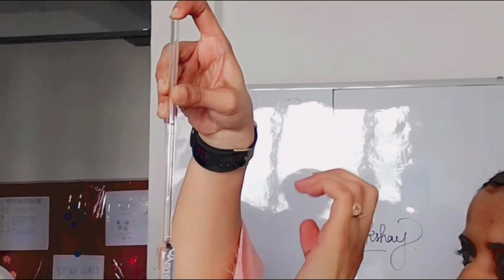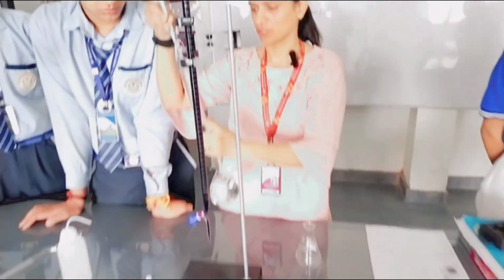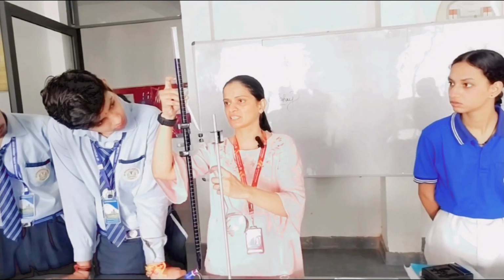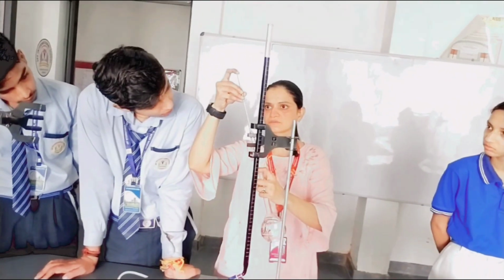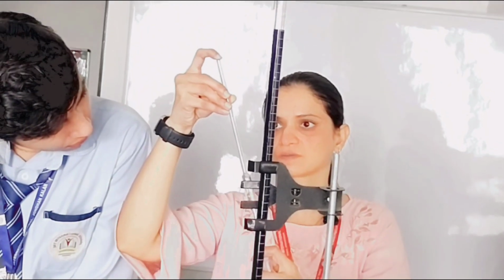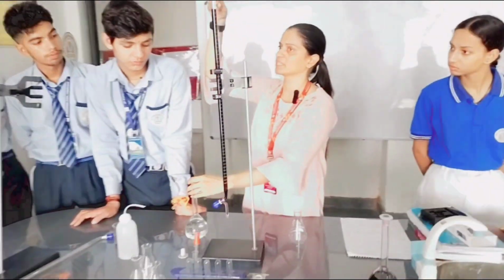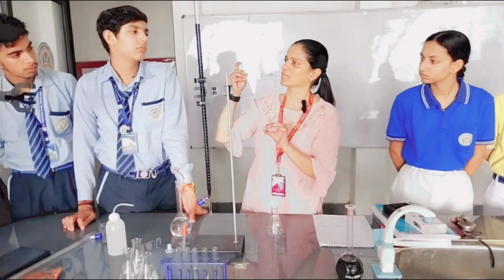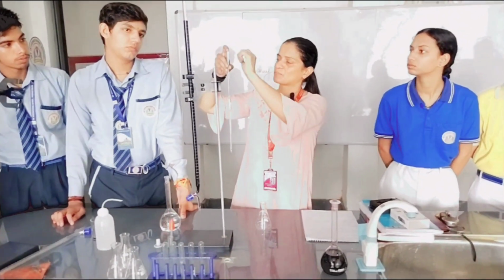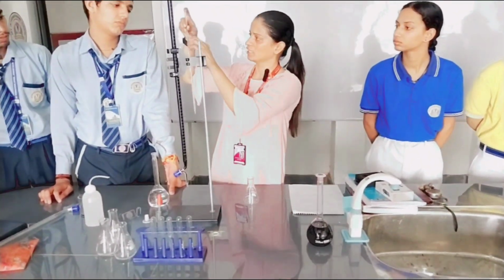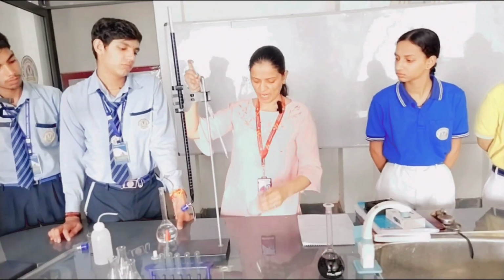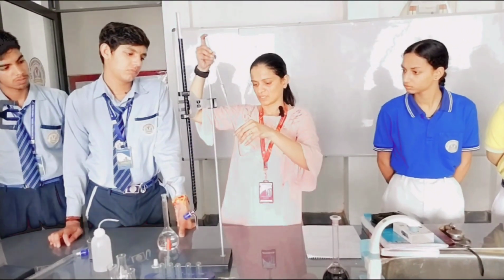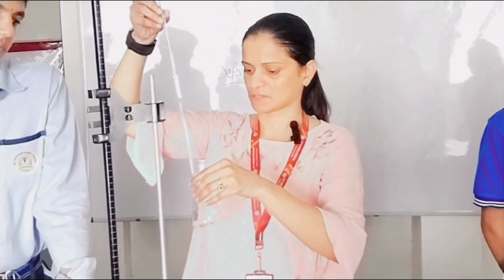Is there any extra solution? Then you have to remove it by releasing the pressure very lightly. Now this is accurate 10 ml oxalic acid. But you have to release this pressure very carefully to fill this pipette up to this mark. Now I am going to pour this solution in the flask.